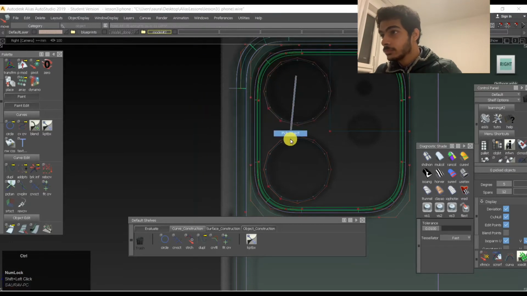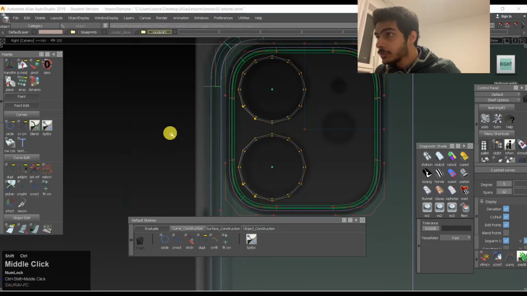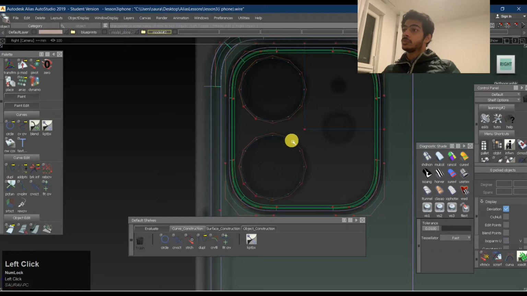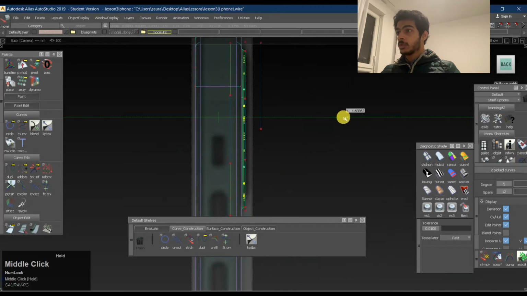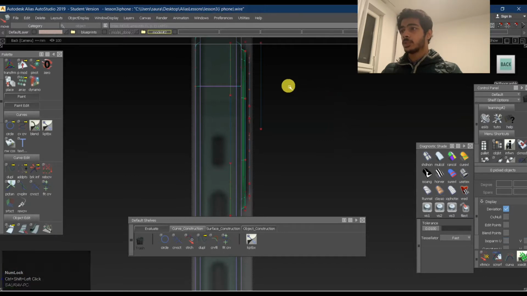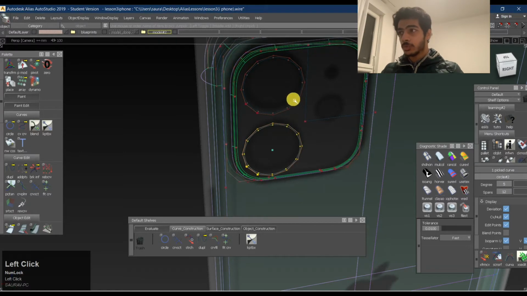Yeah, so something like this. If we want, we can just move it like this, maybe, and move this a bit up. Yeah, I think this works. So we have these two circles over here. Or we could have done one more thing: just make one and then duplicate it down. That's also something we could have done. So for now, we'll keep this circle as a reference, work on this one, and then just duplicate it down. We can do that as well.